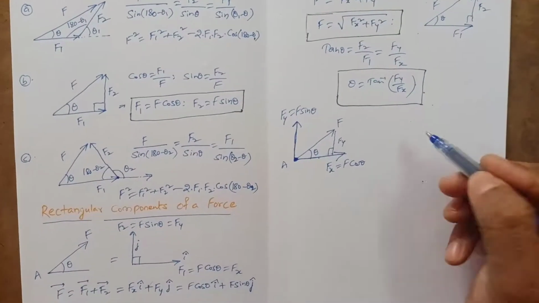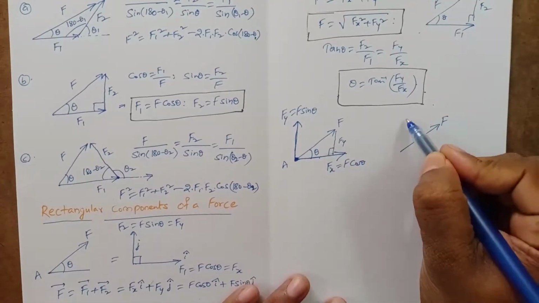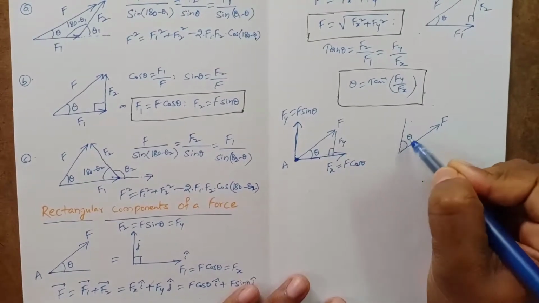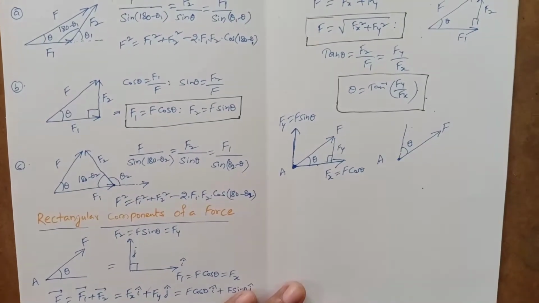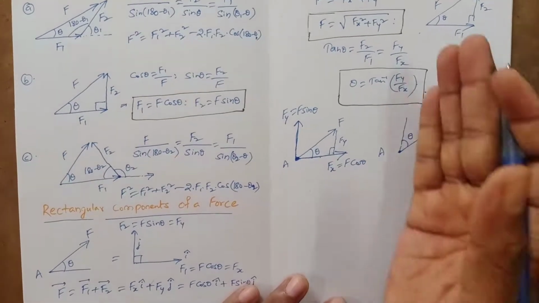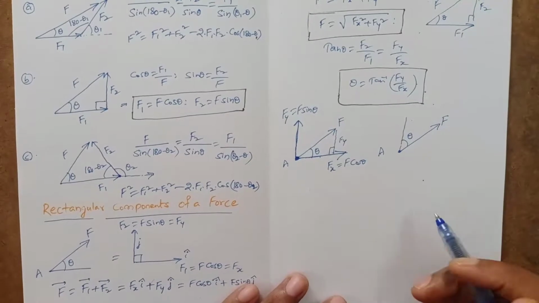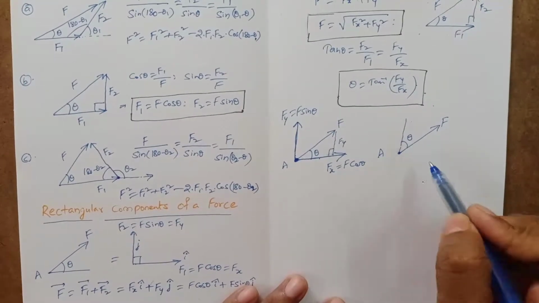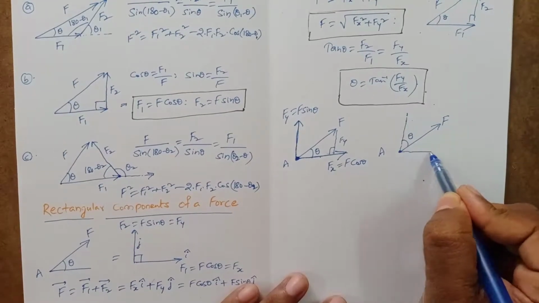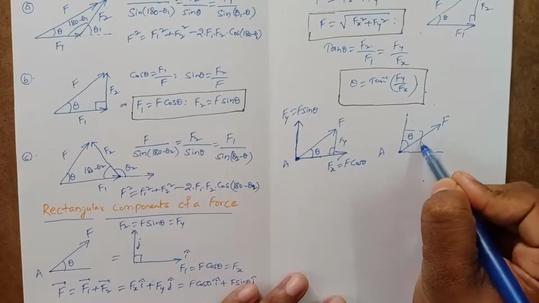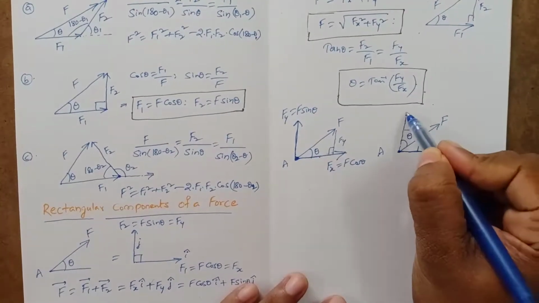Similarly, now let us say this force F is making an angle theta with the vertical line, say this theta. Now what are its components? What are the components of this force F which is making an angle theta with this vertical line? This is the vertical y-axis. Now it is lying in the first quadrant, so draw that quadrant. This total angle is 90, right? So this is the one component and this is the other component.